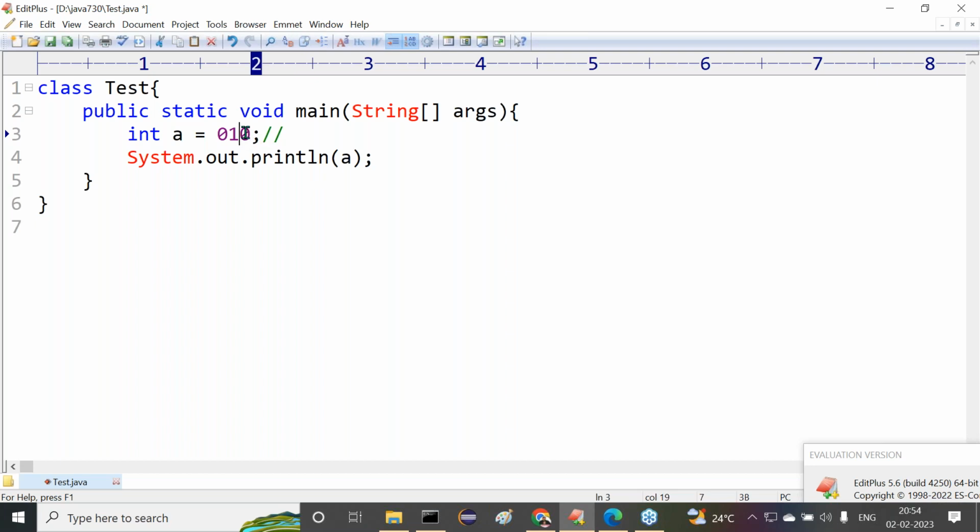So we have to start counting that number from right to left, and every digit must be multiplied by 8 to the power of increasing powers. First of all here we have to understand 0 star 8 power 0, plus the next one, 1 star 8 power 1. Only these two things. Now tell me what values are available. 0 star anything is 0, plus 1 star 8 power 1. 8 power 1 is 8. 1 star 8 is 8. So the value we are getting is 8. Am I right or not? So now the output we are able to get is 8.